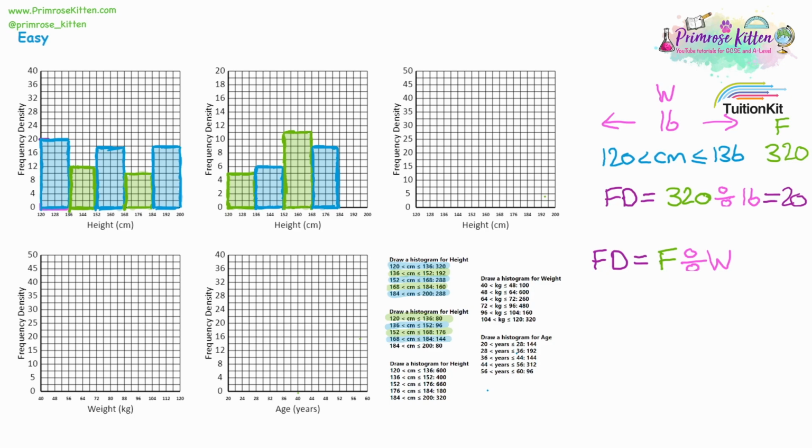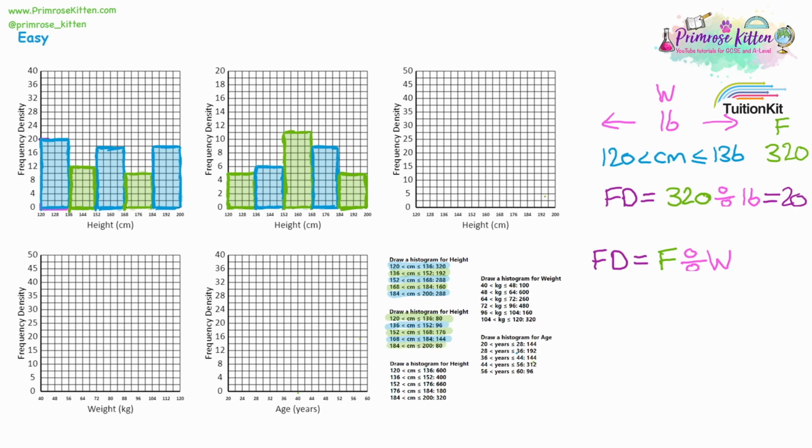And then for the final one, we're between 184 and 200. The height's 80. Now we've already done one with a height of 80 and a width of 16. That was the first one, and it had a height of 5. So if you do have the same answer, you can just copy the same size and shape of bar. Do make sure that the frequency density and the width are the same before you do that. If the width was shorter, you'd have a much taller bar, which we're going to see in some of the